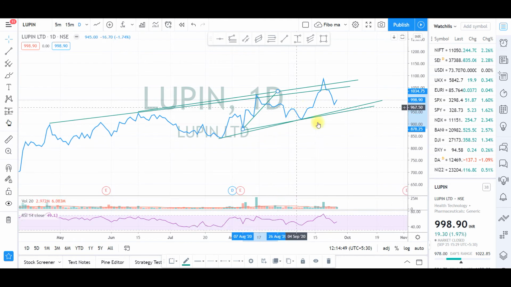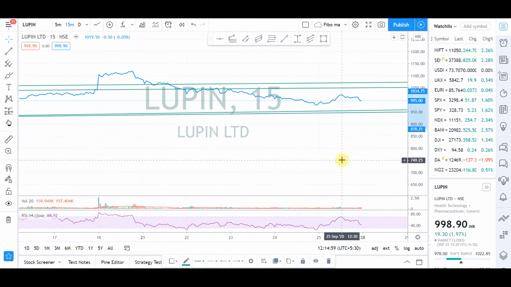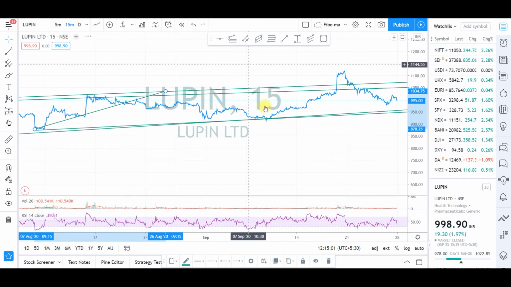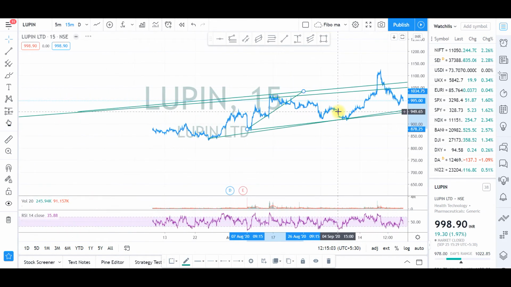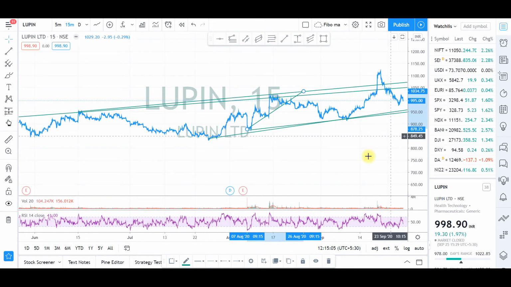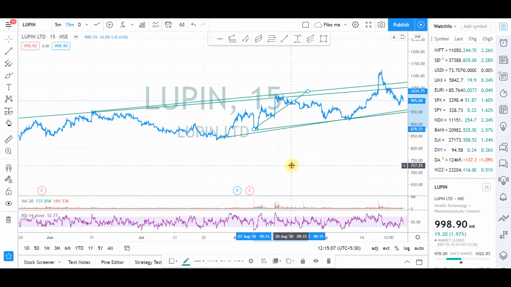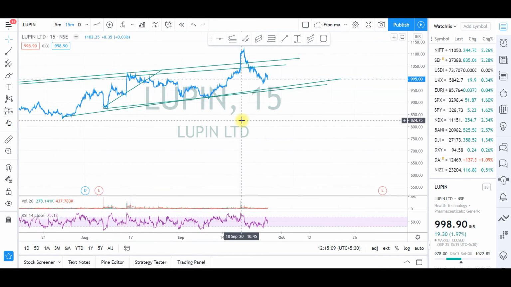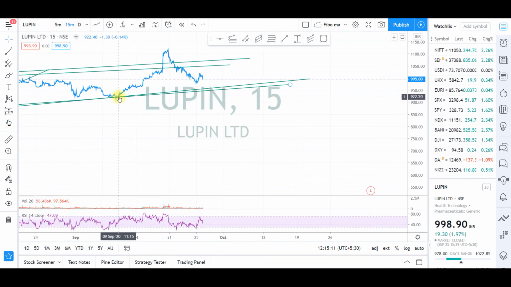And then we need to understand what all things we can work out in a day trade. This is a day chart. If we go back to the 15 minute chart, the same trend lines are working here. Now we know which are these lines which are taking us up and down. So whenever the market, or Lupin, is coming to this point, I am buying.